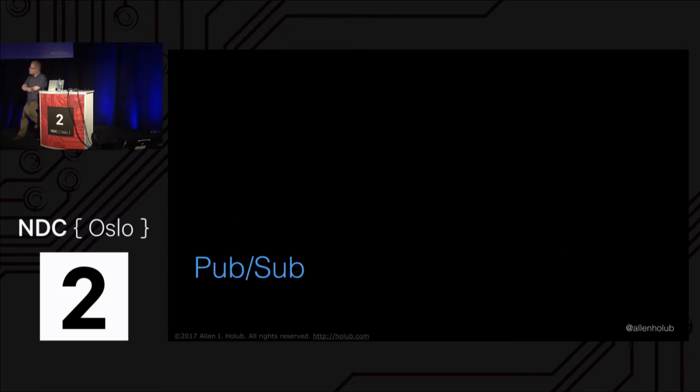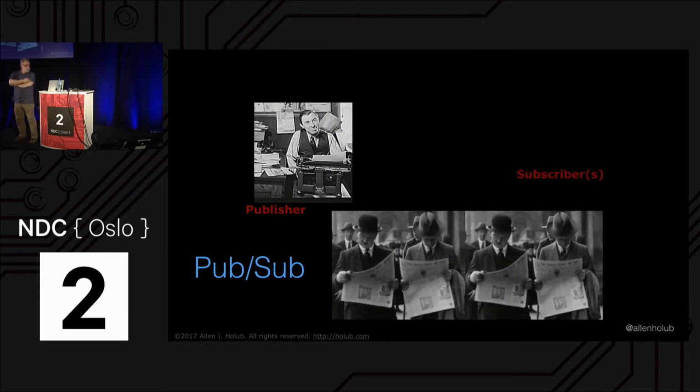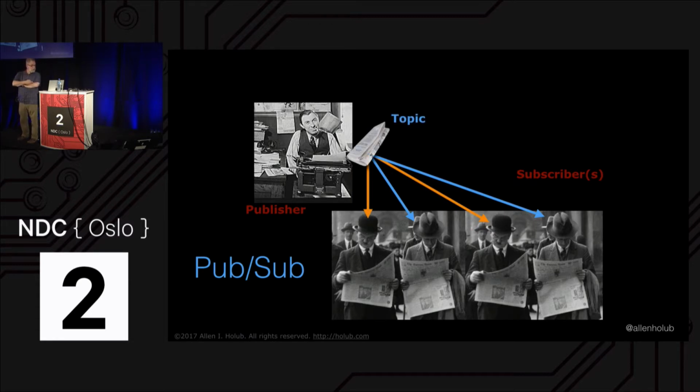Now, the other metaphor that people use in messaging systems is the publish-subscribe, the pub-sub metaphor. You have a publisher that publishes events. You have a bunch of subscribers that are interested in hearing about the events. What you publish is a specific topic. In this case, there might be a couple topics. I'm assuming there's a blue topic and there's an orange topic. So you could subscribe to the blue topic, or you could subscribe to the orange topic, or you could subscribe to both of them. When the publisher publishes, they publish on a specific topic, and then that is routed to whoever subscribed to that topic.